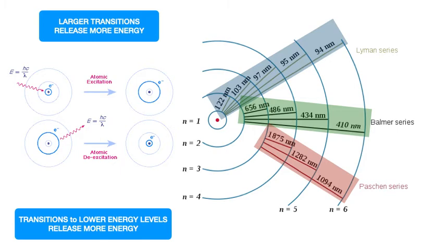However, the energy of the light also increases as an electron transitions to even lower energy levels, corresponding with increased attraction of the electron to the nucleus, with transitions to the third energy level associated with infrared light, and transitions to the second energy level associated with visible light, and transitions to the first energy level associated with